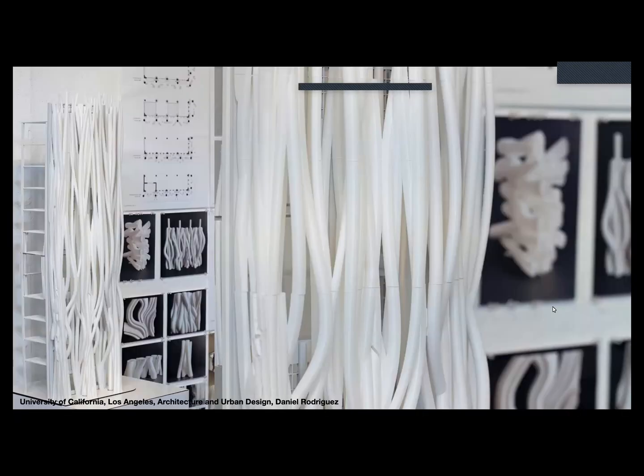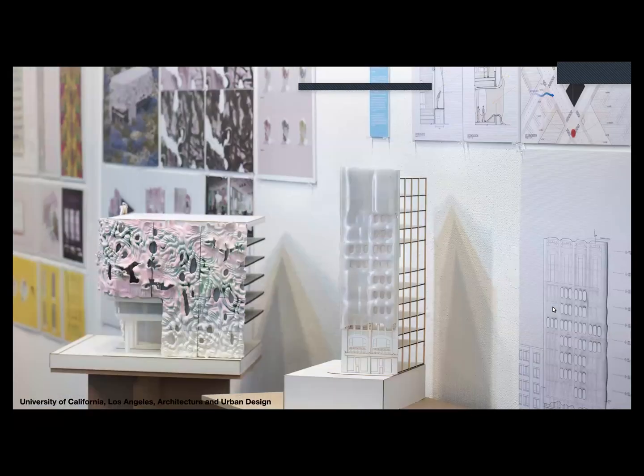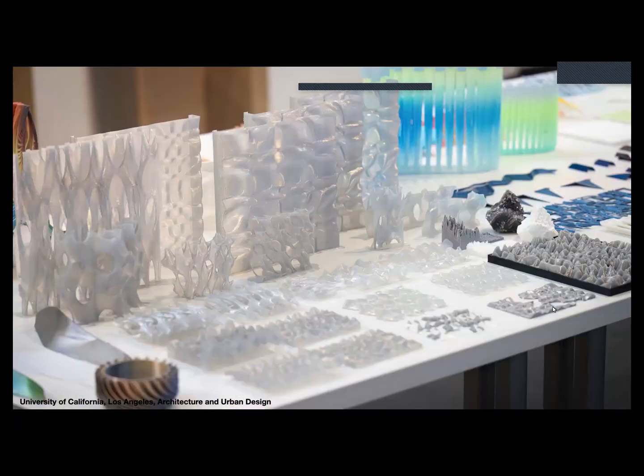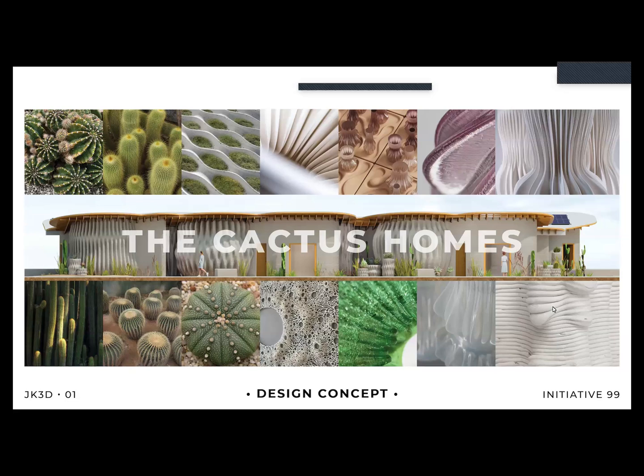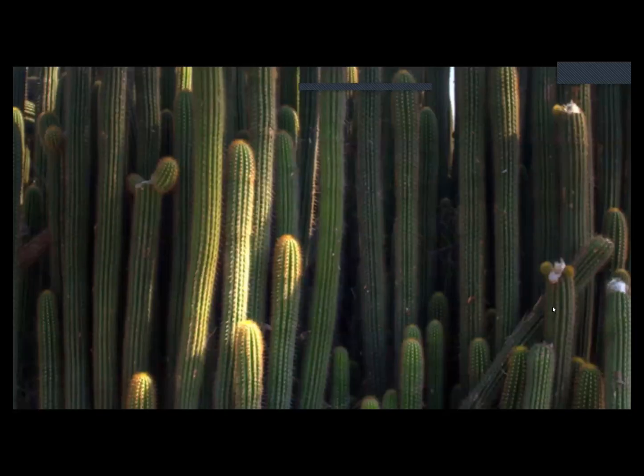So the task for the studio was really to build up on Gottfried Semper's principles of dressing for buildings from the 1920s, and looked into how can we create jackets for buildings. So each of the students chose a natural system and then developed first a fashion application and later on a design for a building. And the last project I'm sharing with you is the Cactus homes, which is a design concept which we developed for an international competition.